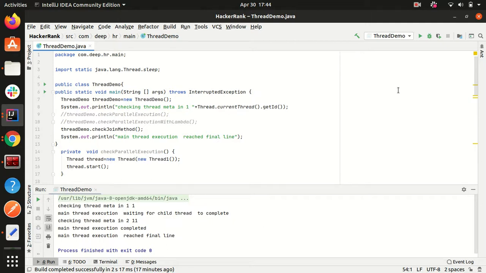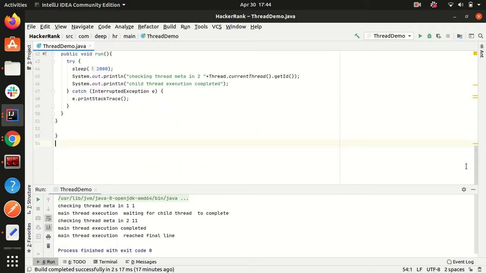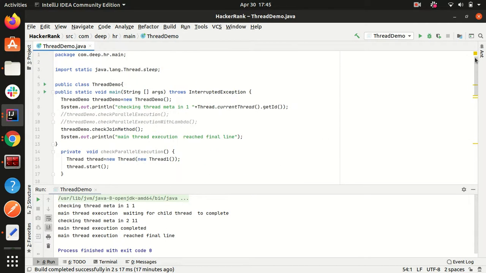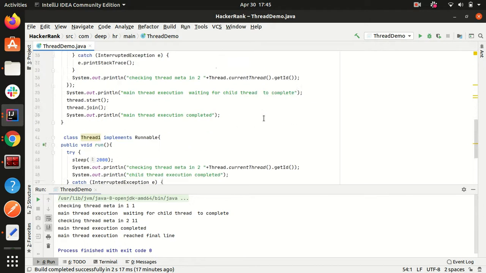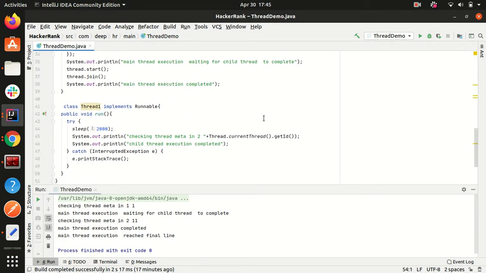This is the third lecture in this series, Multithreading in Java. In this lecture, we will learn how to use the Runnable interface to create a new thread and how to use it to run a new thread. In the previous lectures in this series, we have learned the basics about threads and how to create a new thread using the Thread class. So let us start and check the differences between the two methods.